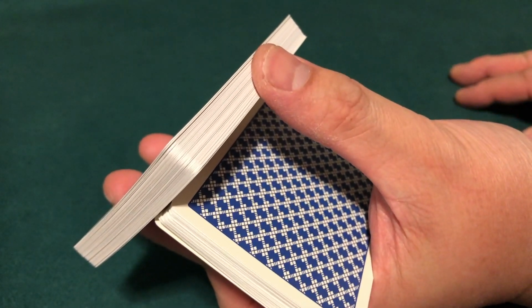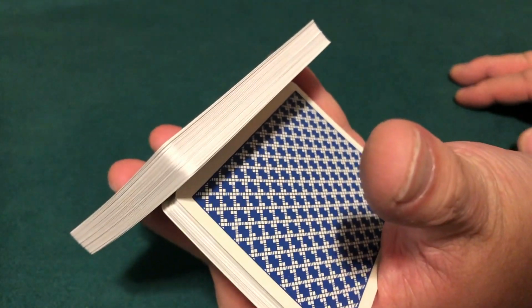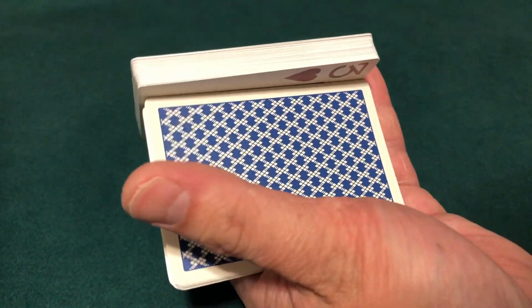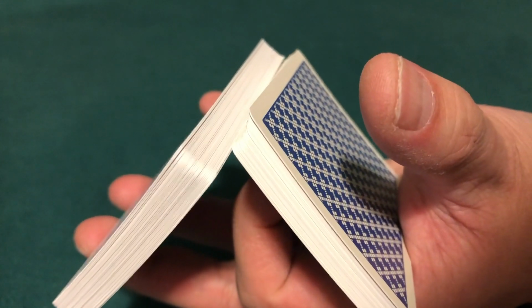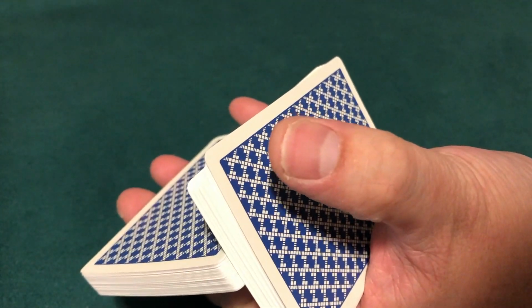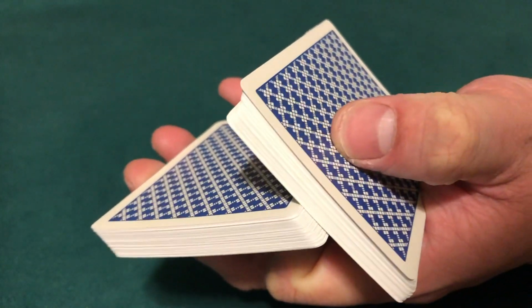Now, what you can also do, if you don't have big hands, you don't have to touch that half of this deck right here, because your pinky is basically guiding it and balancing it on the other side. And now you can just do the move with your index finger and get to this point like so. Okay, so your thumb isn't even in play,